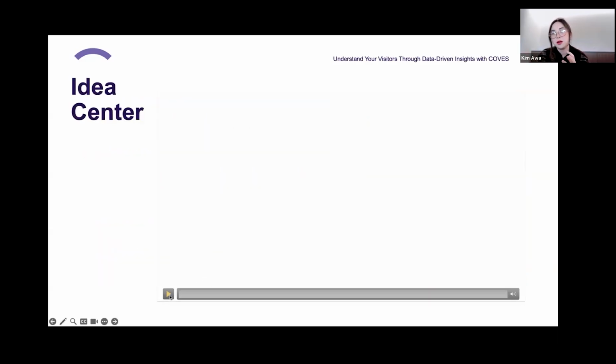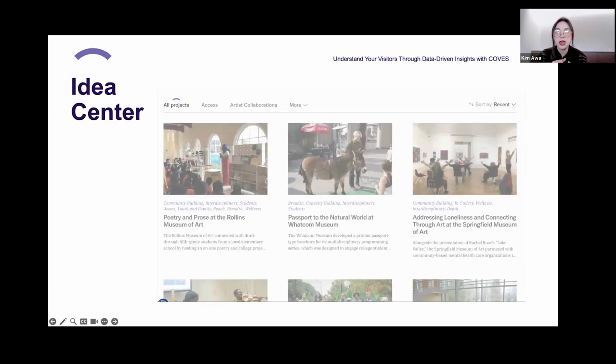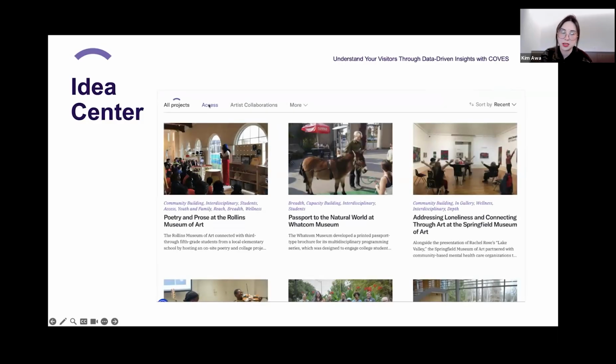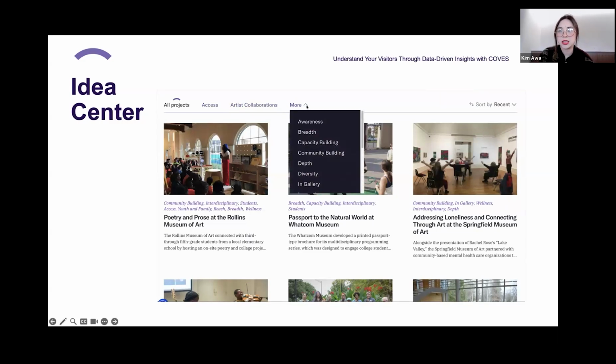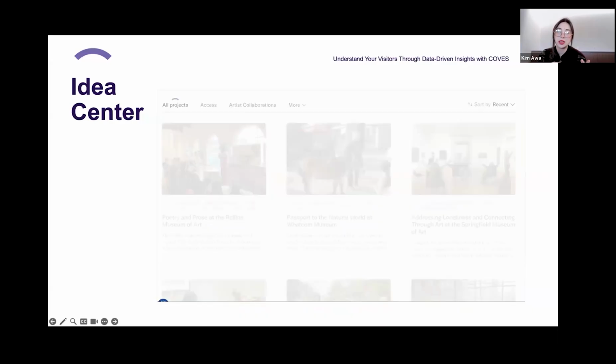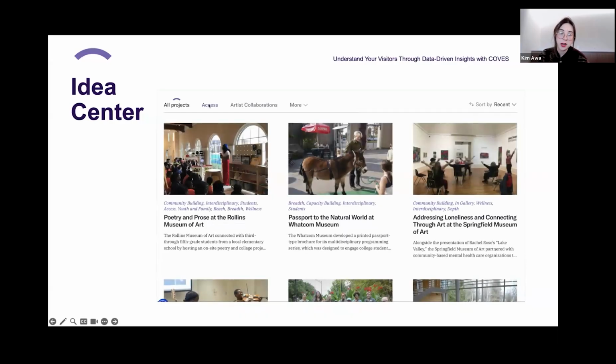So one way to really make these findings actionable and concrete, of course, everyone here also is doing this already, but really to look at similar patterns within your own museum. So here at Art Bridges, the Learning Engagement team has an open resource called the Idea Center Online, where you can explore examples of funded programs that had specific audiences and a set of goals in mind.